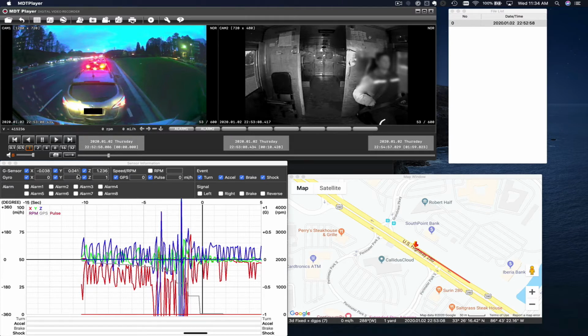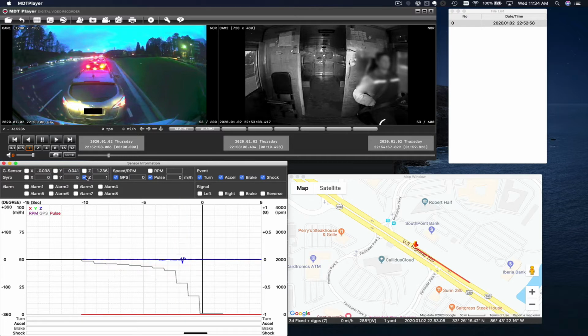But let's say I just want to look at the speed of what happened here, I can turn off some of these gyroscopes and G sensors, and now we're just plotting the speed. So I've left the speed here, and you can see a plot of it. And now this is sampling the speed every second or so, and that's why it's stepping down like this. In reality, there was a smooth curve as she hit the brakes and slowed down